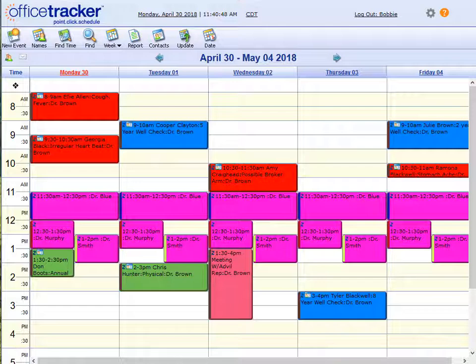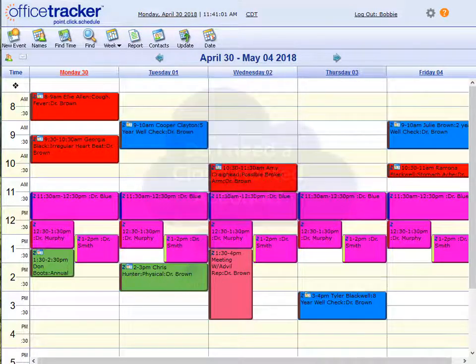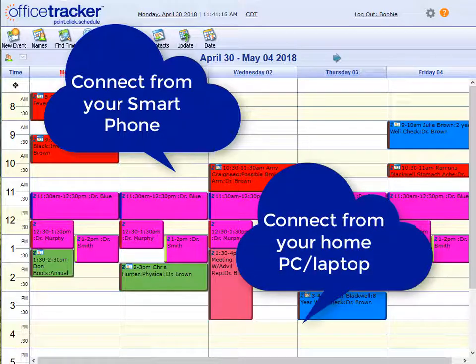Today we're going to go over how to use Office Tracker from any location. Users sometimes ask if they need to sign up for a cloud-hosted account in order to log in to their Office Tracker schedules from outside of their network. With Office Tracker, you don't have to be on a cloud-hosted account in order to do this. You can connect remotely from any location, whether you have a cloud-hosted server or a server installed at your own